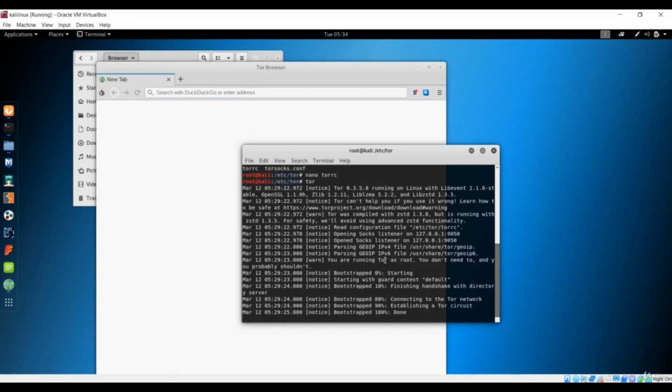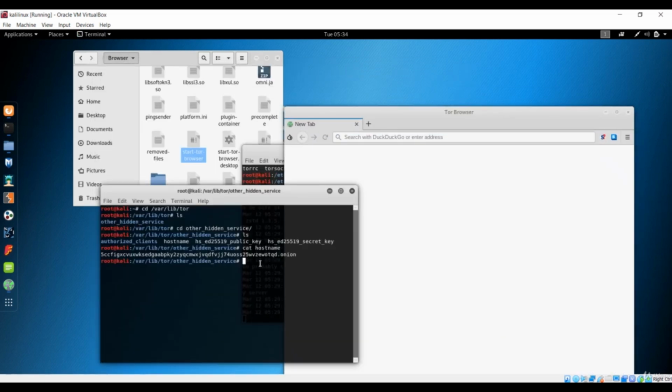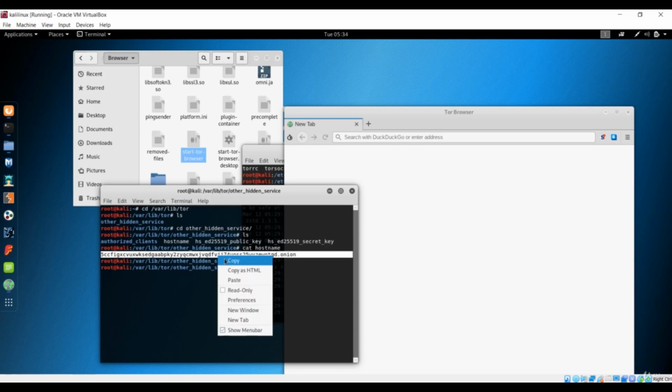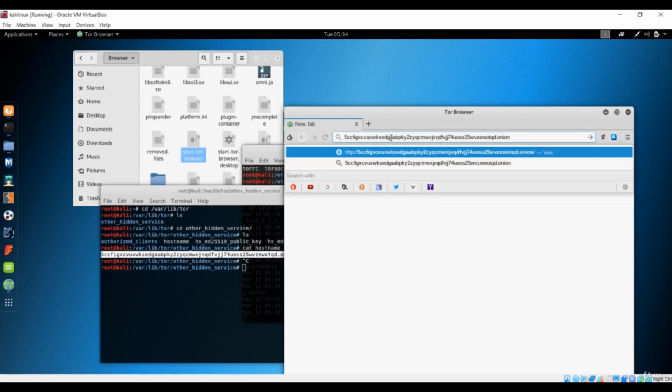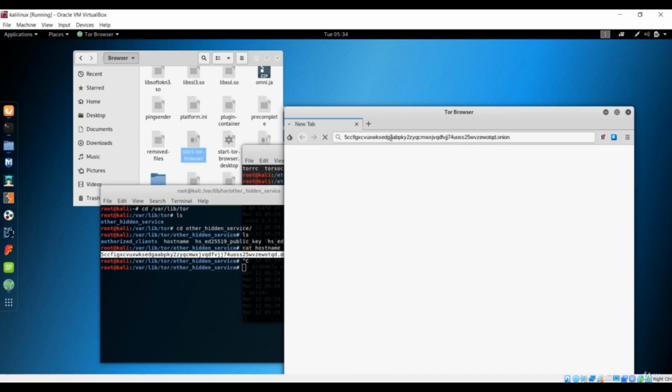So I'll just go over here. Let me see where we have that onion link. It was right here from the hidden services. Let me just grab this, copy this first. Let me just copy again, and let's go to our Tor browser, and let me just paste it down here. Let me just hit enter,